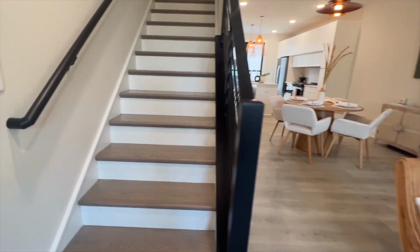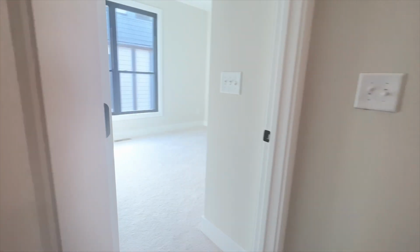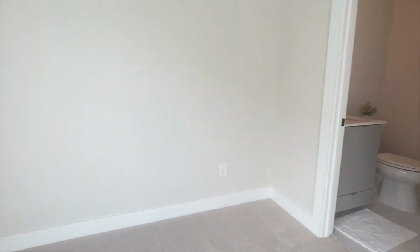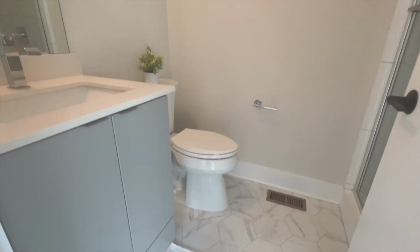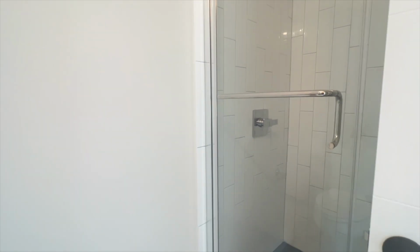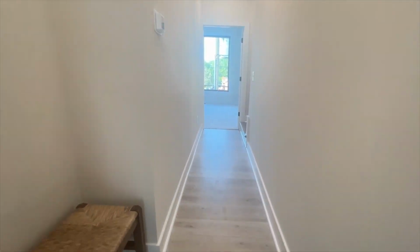When we go upstairs to the second floor, you're going to have 2 bedrooms. The first bedroom will be your guest bedroom. And each bedroom is going to have its own full bath attached. So you can see how beautiful this bath is. Even though it's a guest bath, they did a great job with the finishes and the detail. You will not have any bathtubs in this unit. Everything is going to be a walk-in shower. So if we zoom out of this bedroom and zoom down the hall,